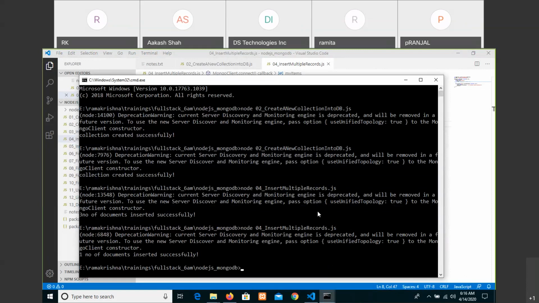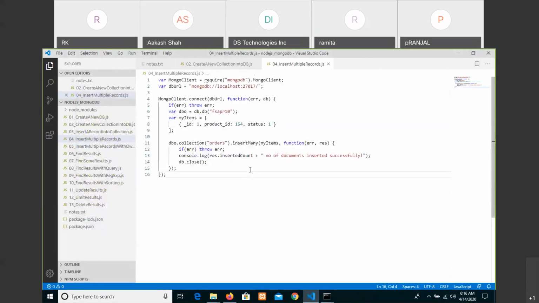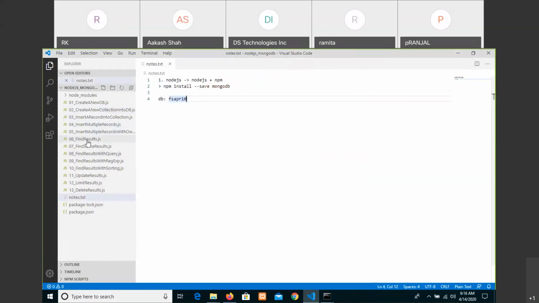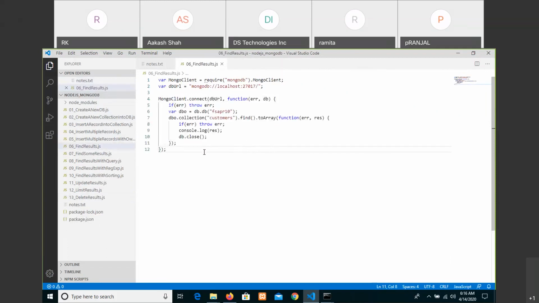Now create the concept of joining the two things and fetching. So we can go almost with find to get the results, but we have to aggregate.